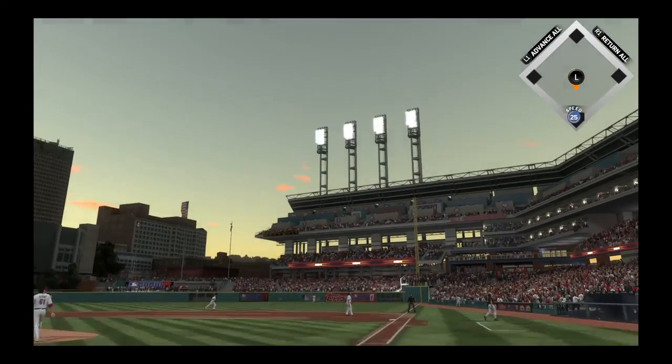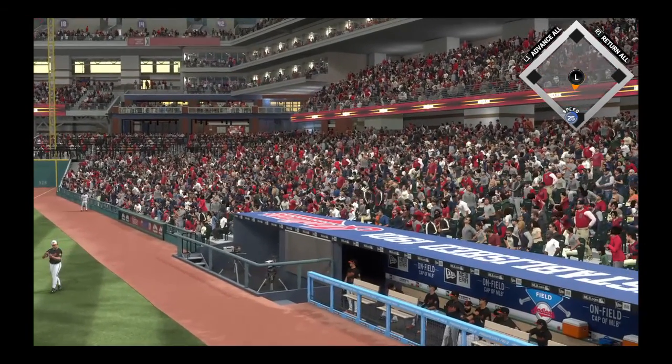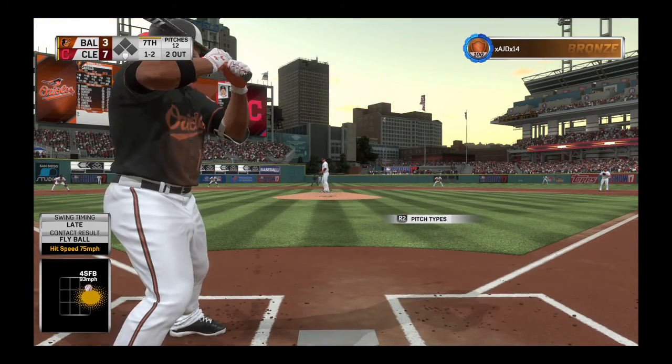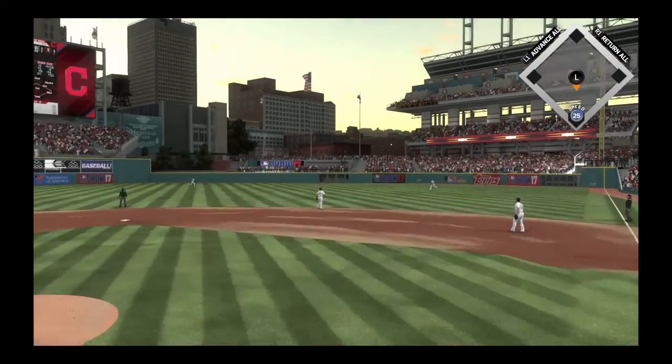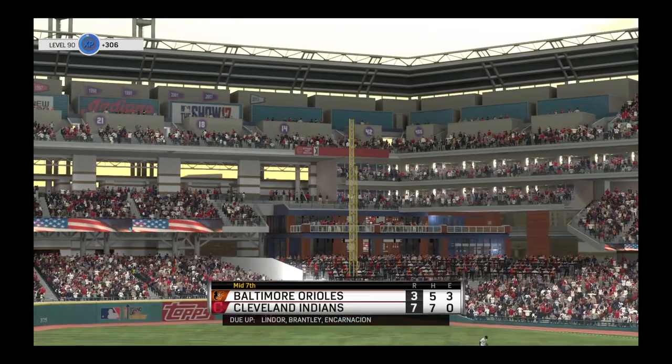And here's a ball lifted high into foul ground down the right field line. But no chance to run it down. It's a foul ball. Here he comes on a ball and 2 strikes. Slapped hard the opposite way. And Chisenhall will make the catch, and the side is